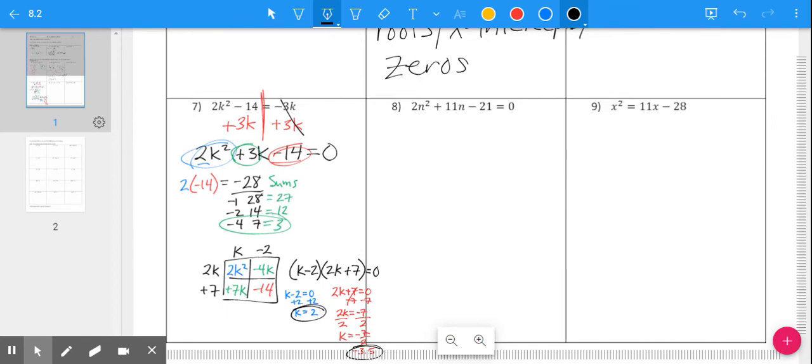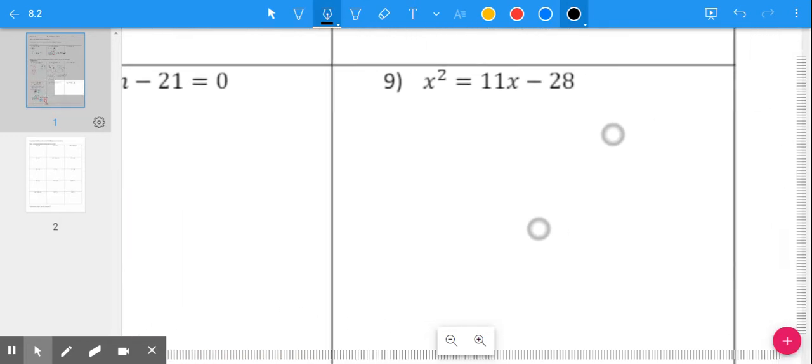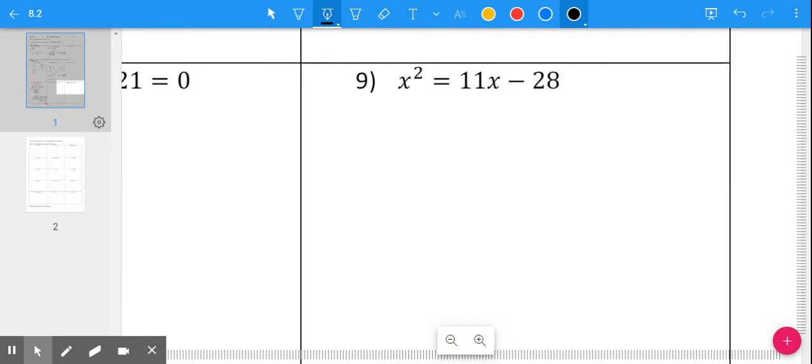The other two problems are set up very similar. I do want to do number 9 with you guys because number 8 already has the standard form on one side of the equation. So on number 9,